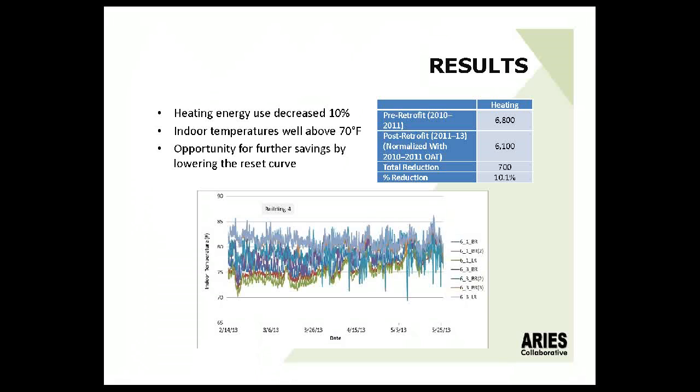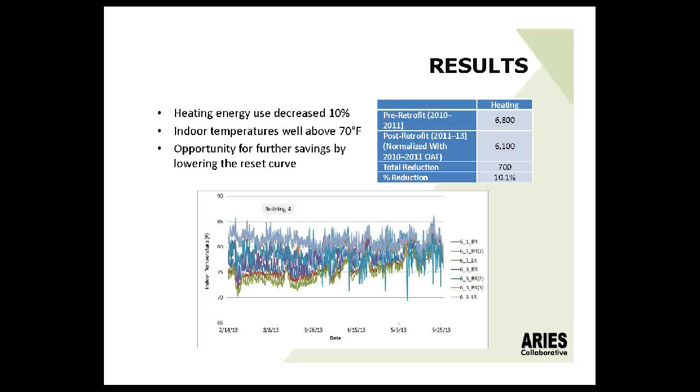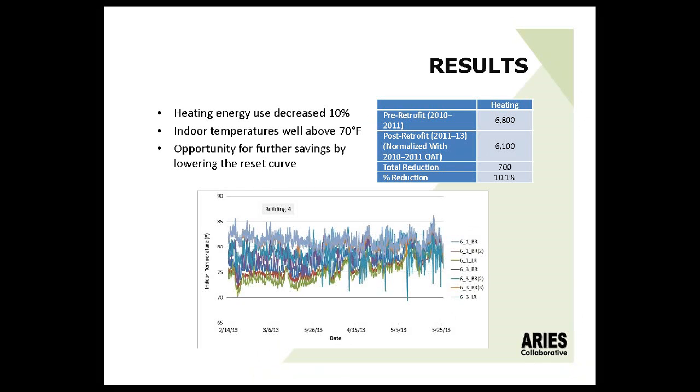The results are, we also placed a lot of HOBOs in the various departments in this building, and a theme that Jordan mentioned, and you're going to see in a lot of this, is that space temperatures in a building from unit to unit can vary on the